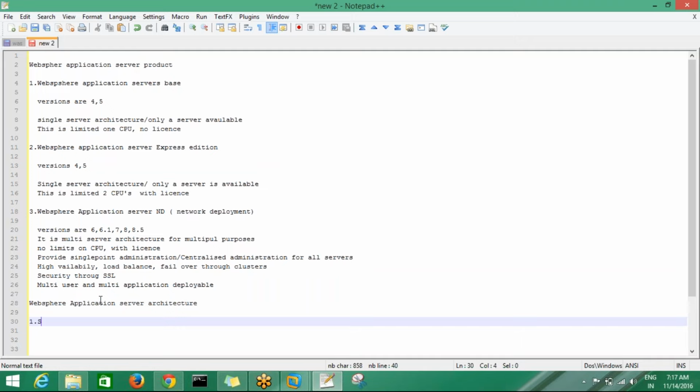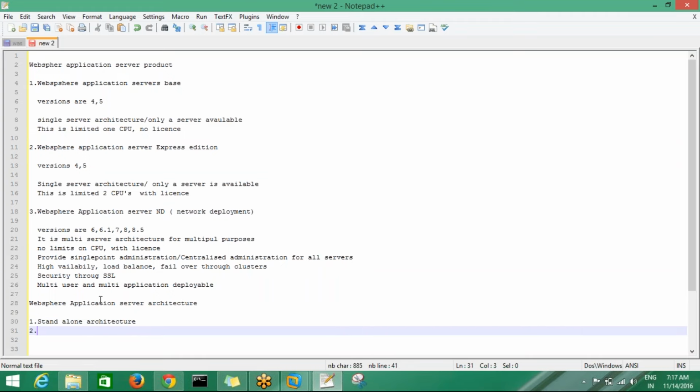The first one is standalone, and the second one is network deployment.